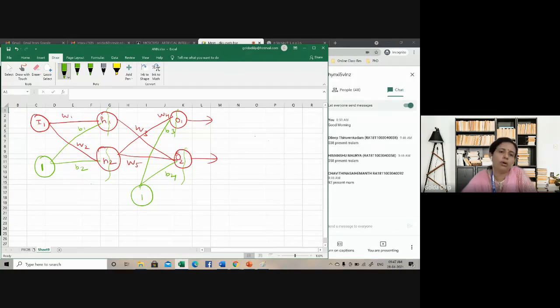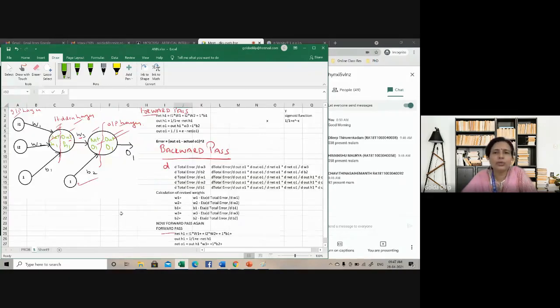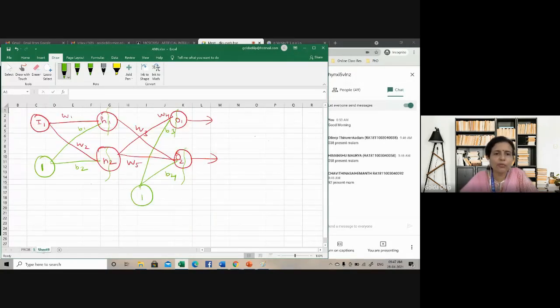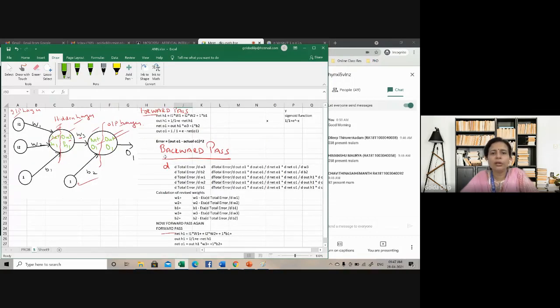Yes. Please, I'll show the previous working. I hope you have a picture of this. Somebody has put it in the WhatsApp. So this is for you to understand what the calculations are all about. I assume that all of you have made a note of this neural network. If you have forgotten how to do the forward pass and backward pass, I have put it out here.